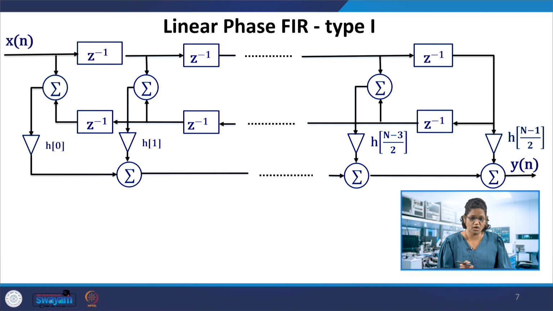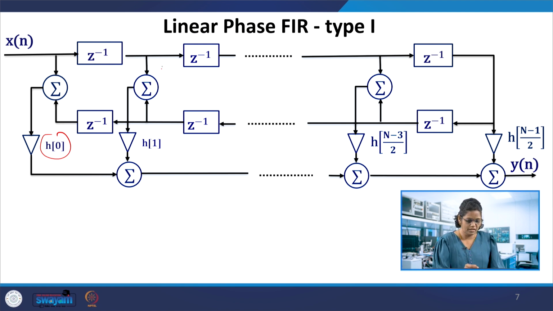For example, H0 and H4 are equal. So H0 is this, and if we get back here, this is again H4. So we need not have the H0 delay and then H1, H2, H3, H4 separately and sum it up at each stage. Instead, H4 and H0 are brought together as a common term, that is H0. This reduces the multiplications, since only one multiplier is needed here, and one coefficient storage is sufficient.